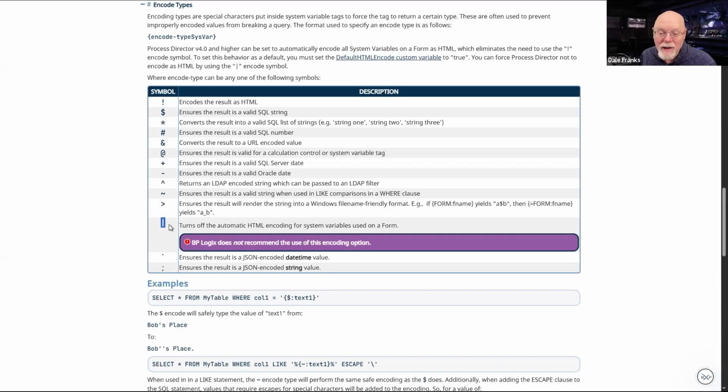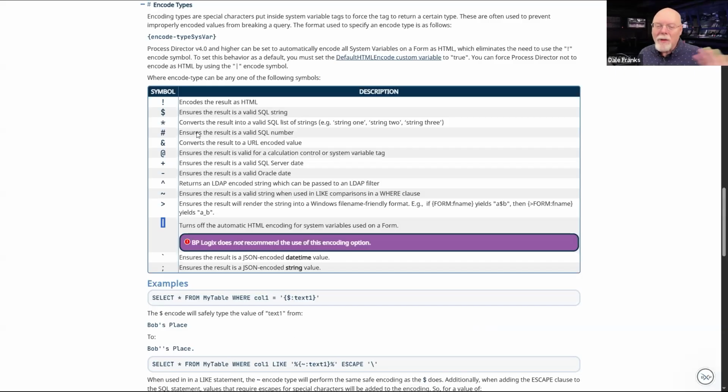But in most cases, you should never be using this encoding character in a production system. It's useful on the testing side sometimes. That's the only reason it's in there. Anytime you look in the documentation and you see the big, ugly purple box, that's a warning to either ensure that you don't do something or to make darn sure that you do the thing. So this has an ugly purple box that says we don't recommend its use, and we don't.